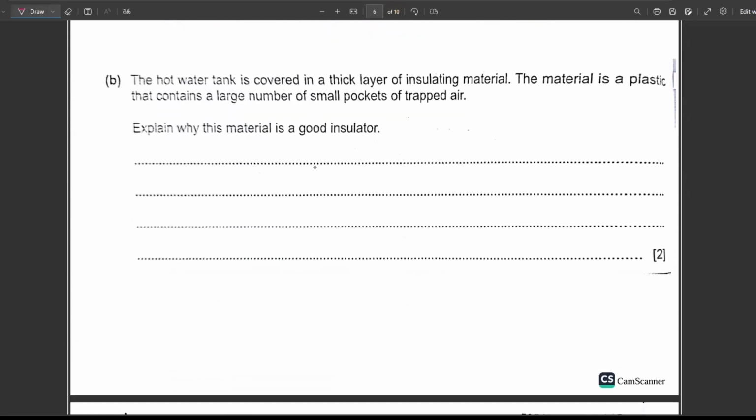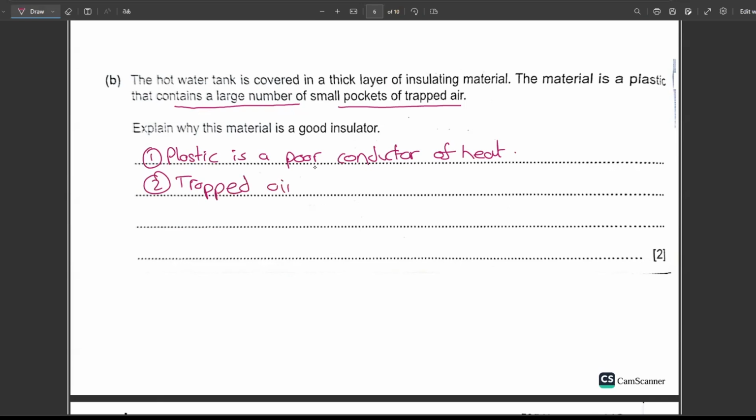The hot water tank is covered in a thick layer of insulating material. The material is a plastic that contains a large number of small pockets of trapped air. Explain why this is a good insulator. Firstly, plastic is a poor conductor of heat. You can say that, poor conductor of heat. Secondly, the trapped air acts as a good insulator and